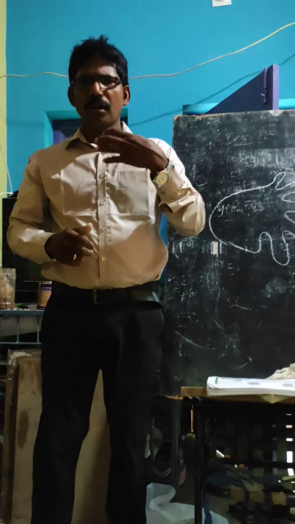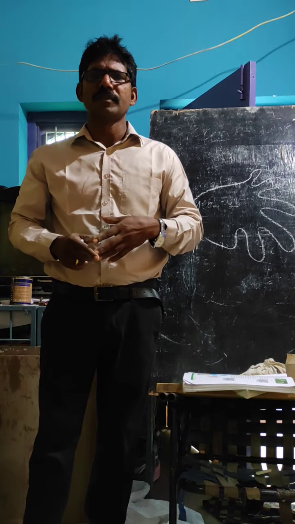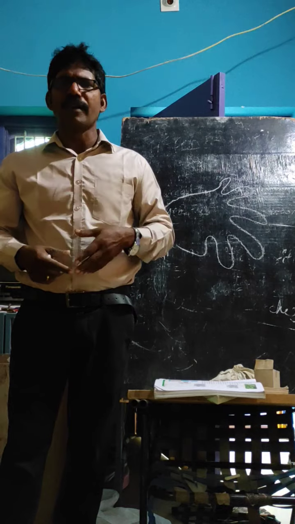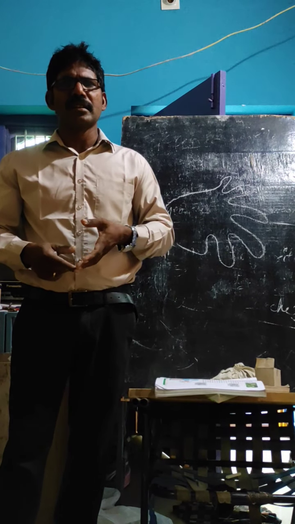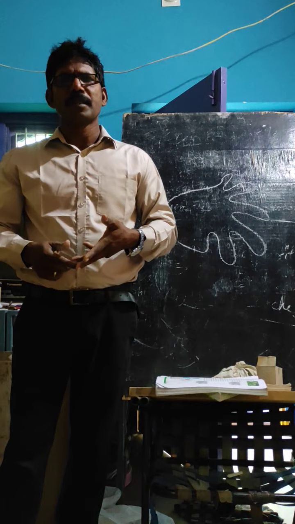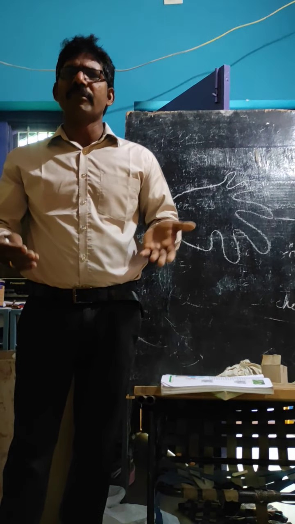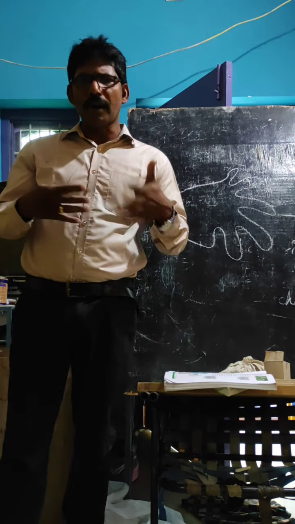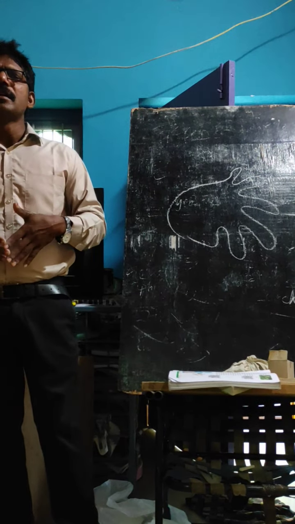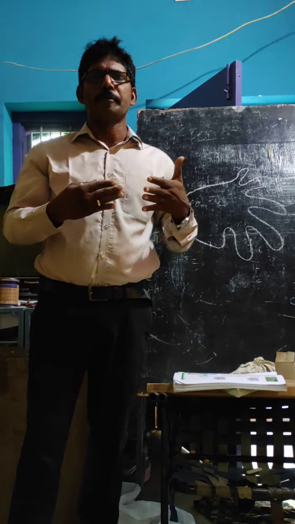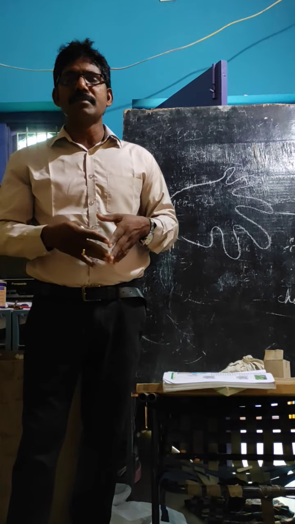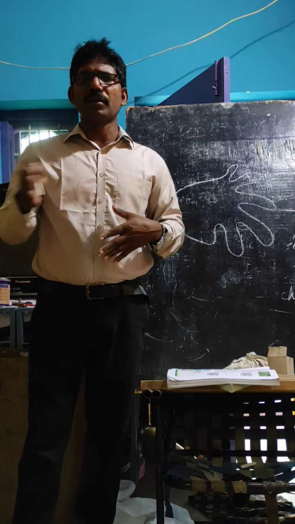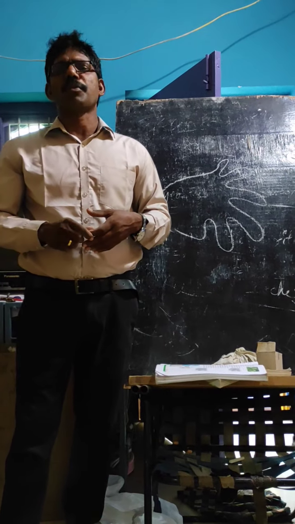For example, if you take our digestive system, it starts from the mouth and ends with the anus. In the mouth, salivary glands are there, then the esophagus, our stomach, small intestine, large intestine, liver, pancreas. See how many parts are there. All these parts of the digestive system are involved, and they are secreting different enzymes. Okay, so all these together do the digestion process.